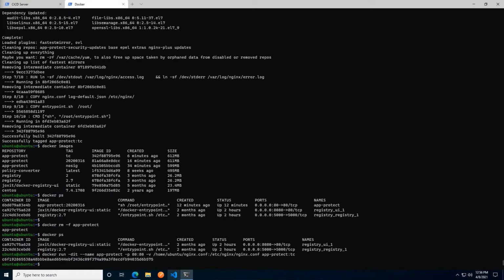Now it's worth keeping in mind that when we spin up these App Protect containers, or an App Protect virtual machine or physical machine for that matter, it will take a little bit longer to start the Nginx process fully than it would if we weren't running Nginx App Protect on it. And the reason for that is the first thing that happens is that it compiles the rule sets that are defined, making sure that they are as fast as possible to trigger. And this goes back to what we were just talking about in terms of resources and whatnot.